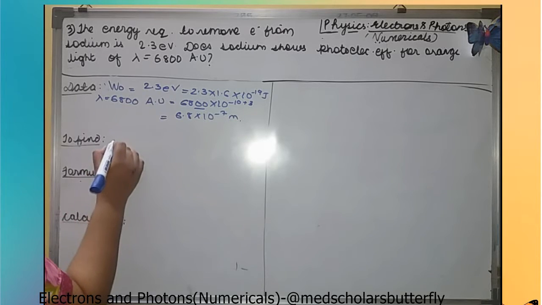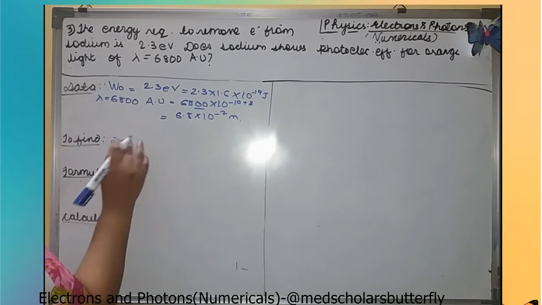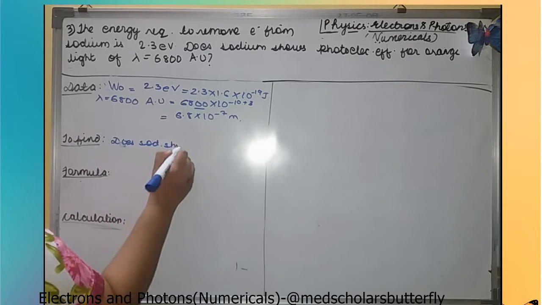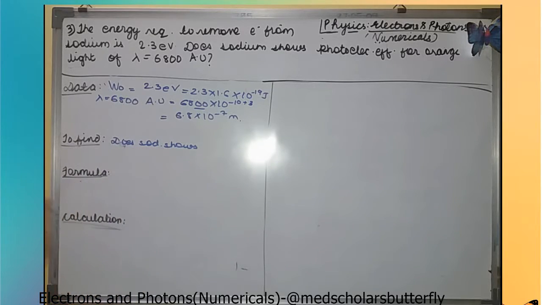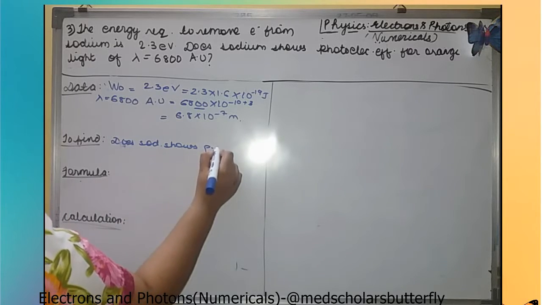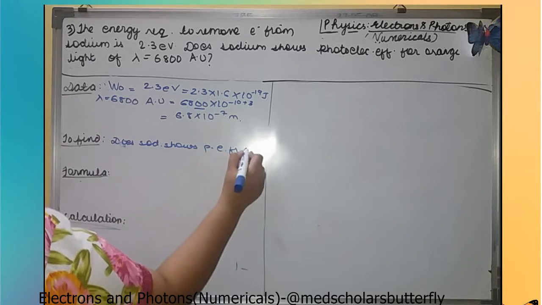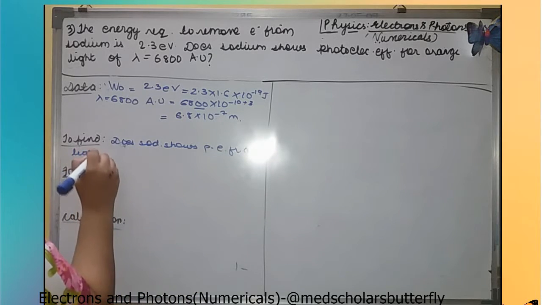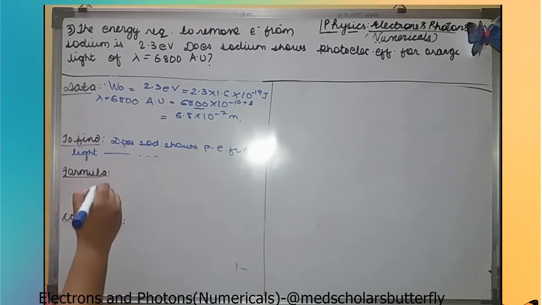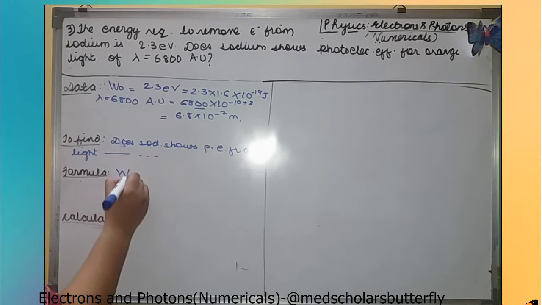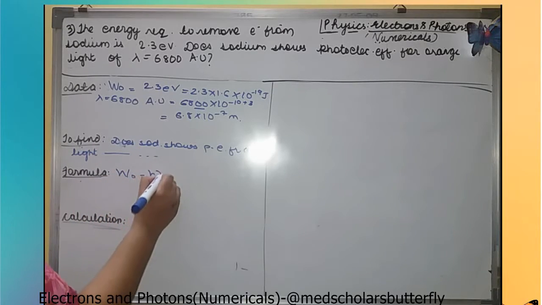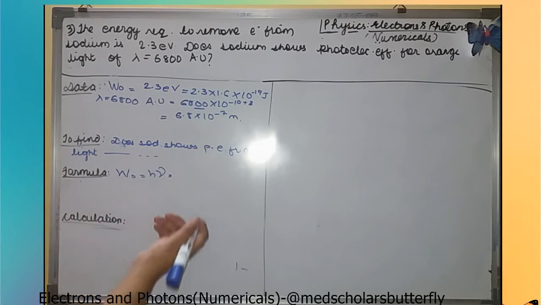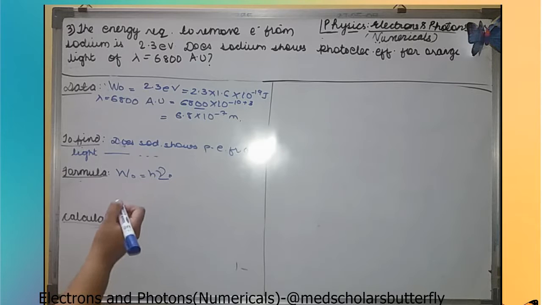We have to find whether the sodium shows photoelectric effect for orange light. No need to write the short form, I have less space, that's why I am writing it short. Write down the whole statement. The formula which we have is W0 equals h nu, or we can write h nu equals W0. From this we need to find